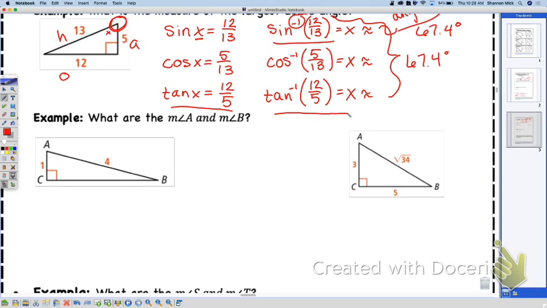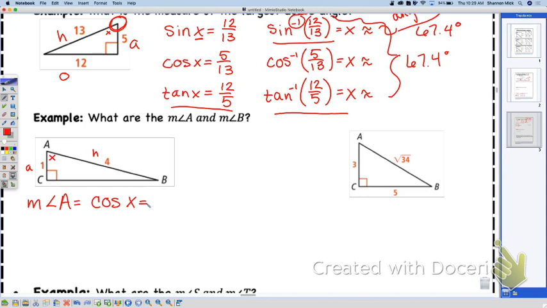Not 180, what? 90, because we have a 90-degree angle. The other two have to be complementary to each other. They have to add up to 90. So the measure of A: what do I have of A? Of angle A, one side is adjacent and one is the hypotenuse. So what function uses adjacent? Cosine. So for the measure of angle A, we are going to use the cosine of x equals